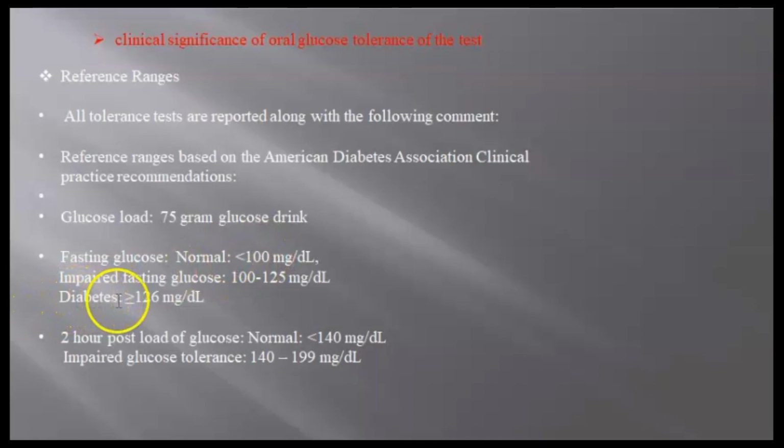But if there is impaired fasting glucose, it will be from 100 to 125 milligram per dL. It shows that the person has an issue of impaired glucose. But if it is more than 125, now at the range of 125